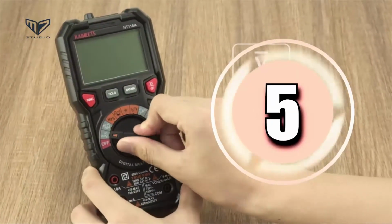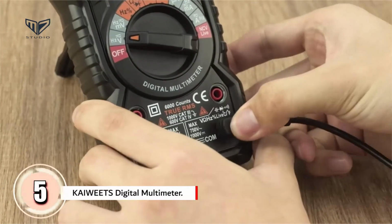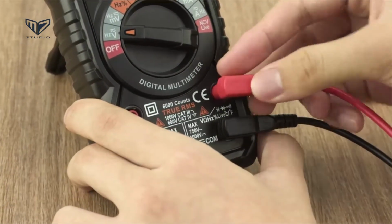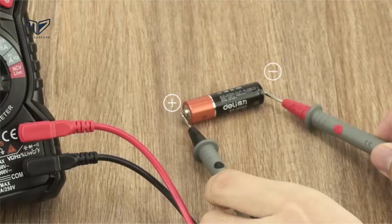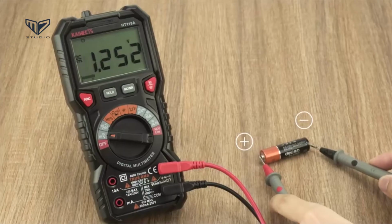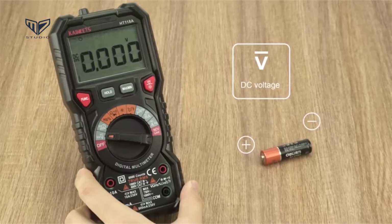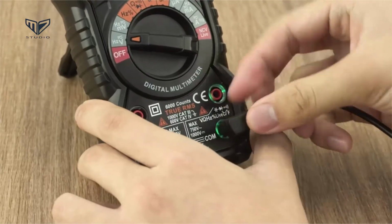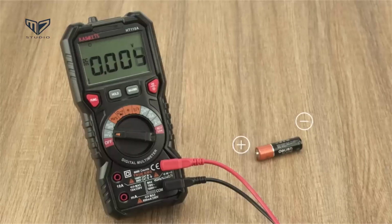In the 5th position we have the KAIWETS Digital Multimeter. The KAIWETS is another fantastic multimeter. This meter is auto-ranging and has a solid set of voltage and current measurements for both DC and AC. It's capable of measuring frequency, temperature, continuity, and resistance, along with diodes and capacitors. Even better, this model has a non-contact voltage sensor and a live wire detector,